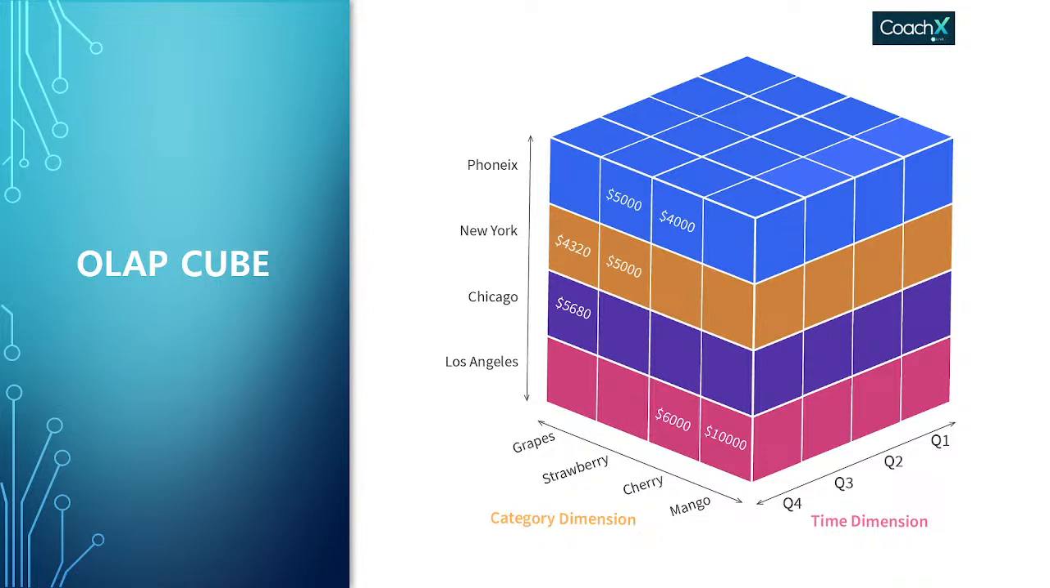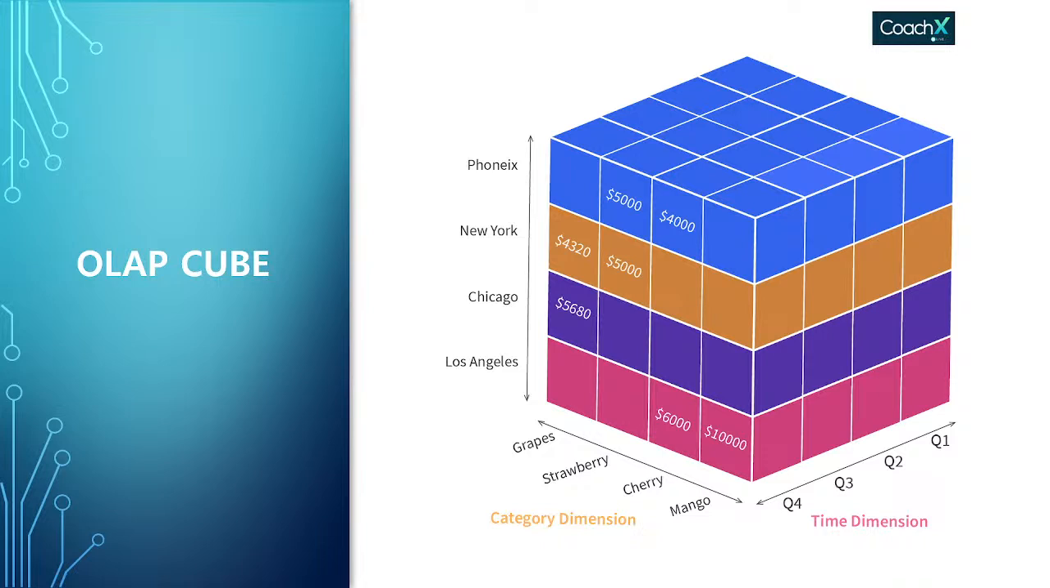Third, we have slice and dice. The slice operation selects one particular dimension from any given cube and provides a new sub-cube, and dice selects two or more dimensions from the given cube. If I am selecting in a slice, like I have to select only Phoenix, which shows around $5,000. But if I want to select Phoenix and mango, both the two dimensions, then that can be a dice. Right, and last we have what is called a pivot, which is also known